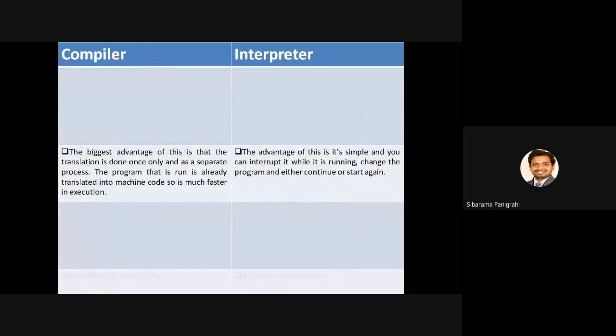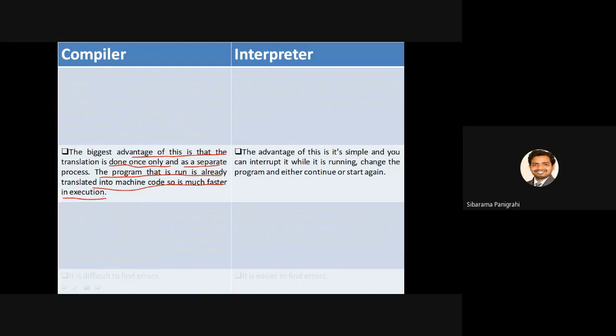Next, the biggest advantage of compiler is that the translation is done once only. After translation it stores the translated file into a separate file, and as a separate process, the program that is run is already translated into machine code, so it's much faster in execution.